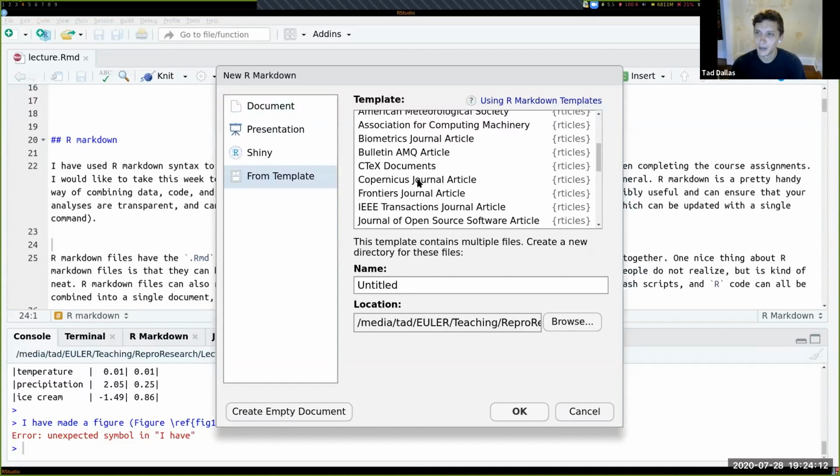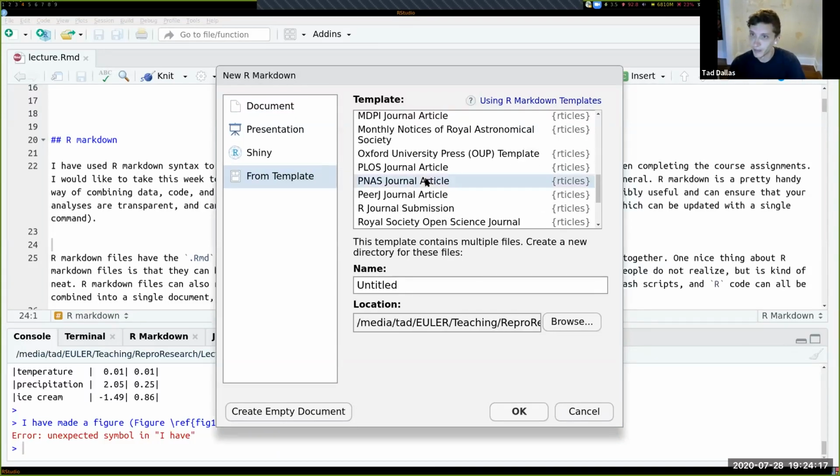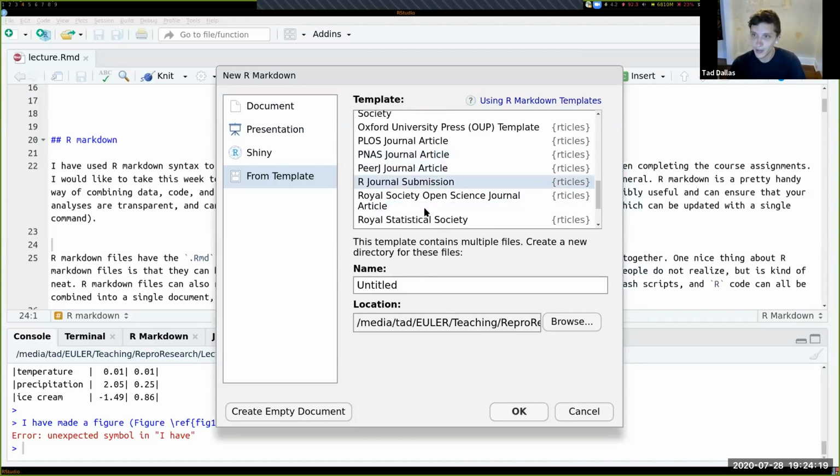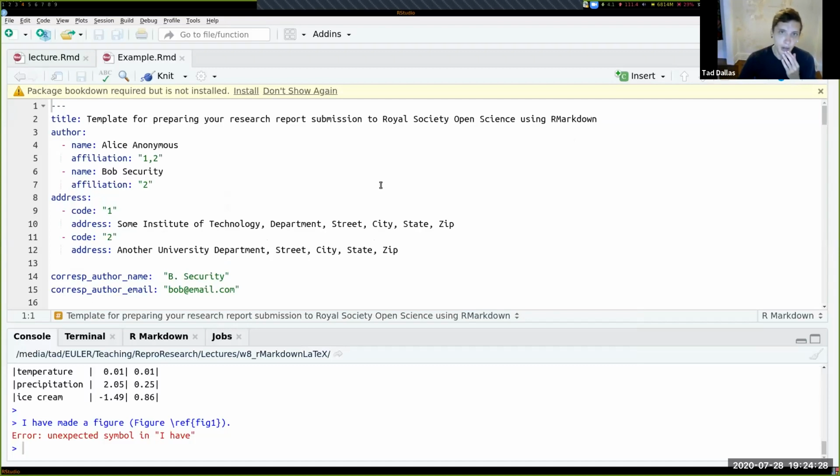Am I going crazy? Well, let's just choose another one. We've angered it, so let's choose Royal Society Open Science. We'll just call this one example. All right, that actually ran.